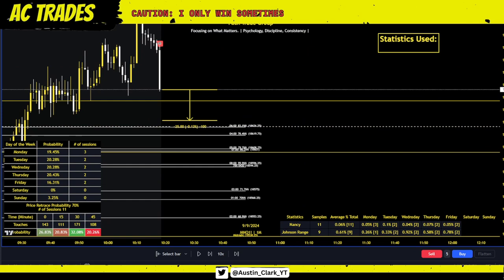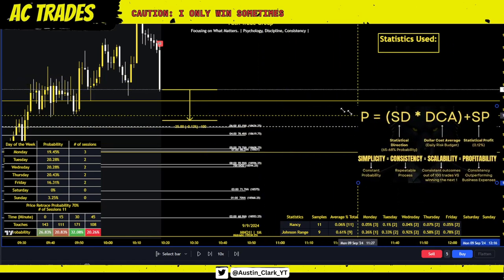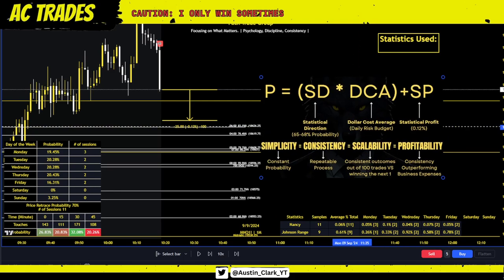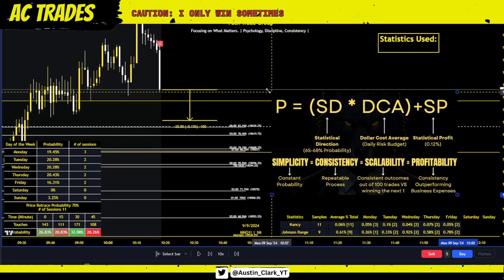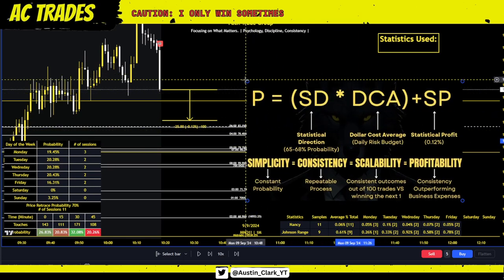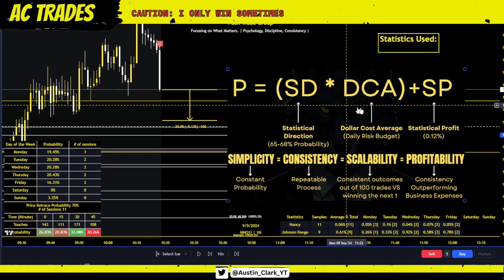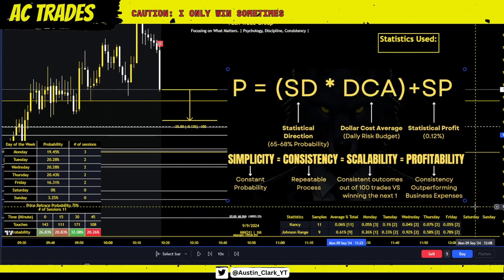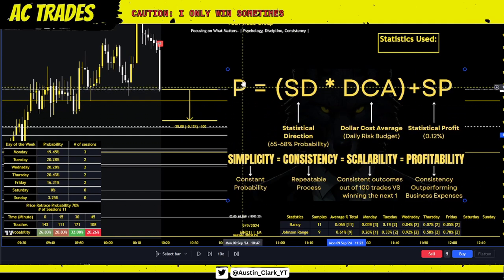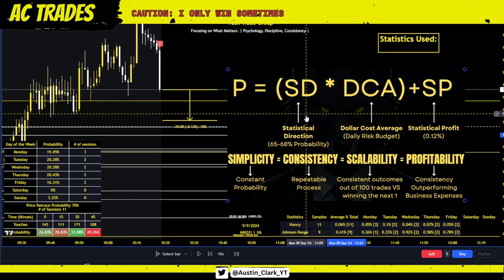Okay, and so if I go to my X page real quick, and I tell people this all the time, you do not have to trade exactly like I do, and I'm not giving you personal trading advice, financial advice, anything like that. But in my honest opinion, with my experience and how I trade, if you're looking at my chart, and then on the recording, I just now put it on my chart here too. This is the equation that I just came up with on what, in my opinion, makes a successful model that can scale. Okay, and that's profit P equals statistical direction.